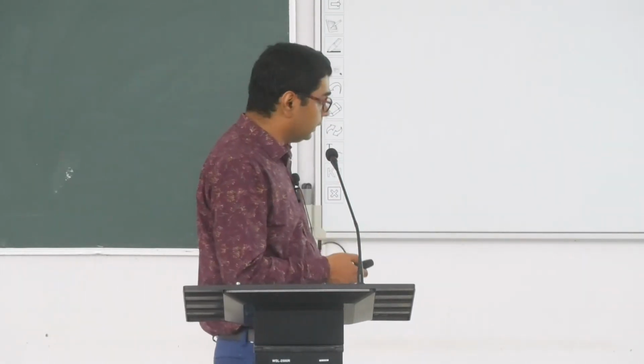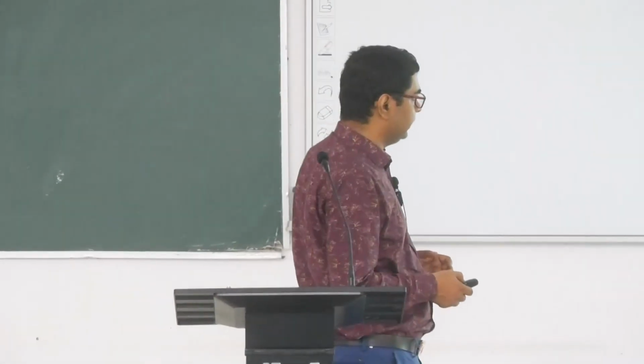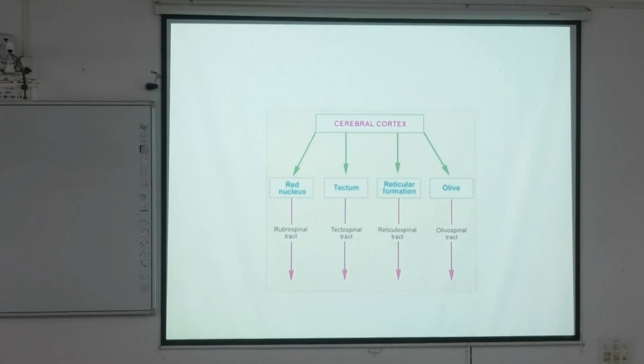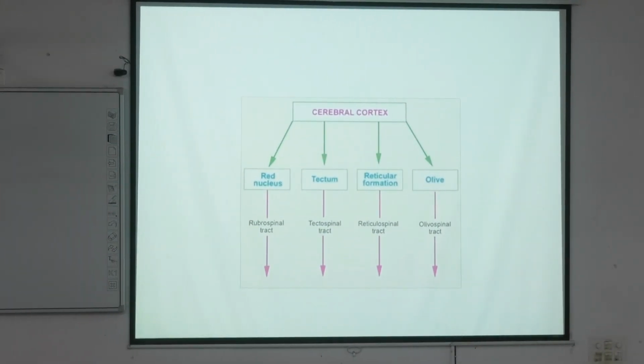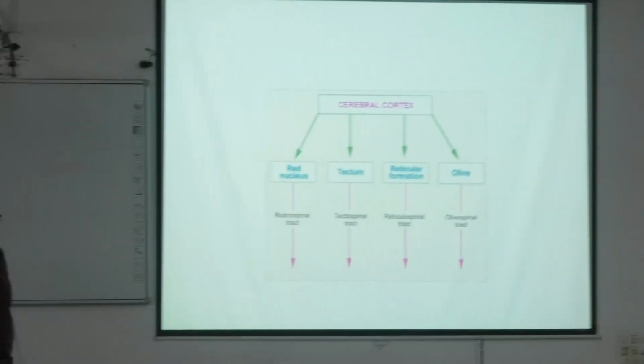Next is the last one, olivospinal tract. Olivospinal tract means it starts from the olive. Okay, so olivospinal tract is a descending path from the olivary complex. And it extends from the cervical segment of the spinal cord in the anterior funiculus and ends on the anterior horn, and olivospinal tract function is not known, কি কাজ করে কিছু জানা যায় না, দ্যাটস ওয়াই ওকে